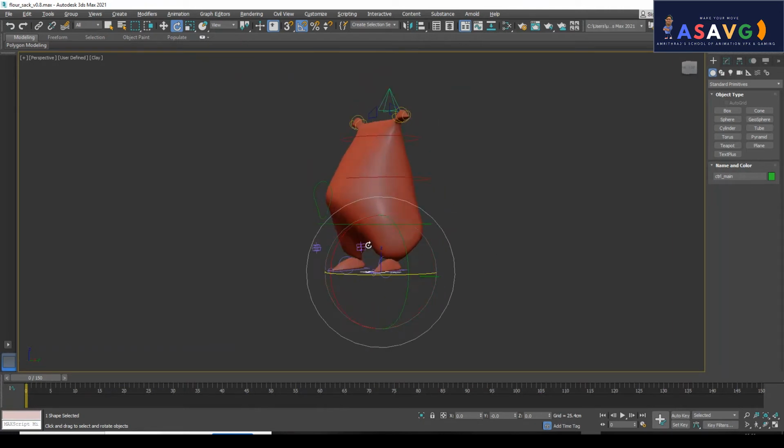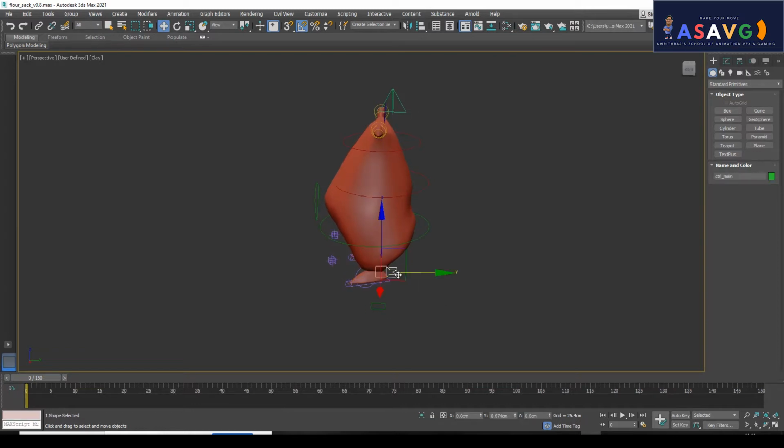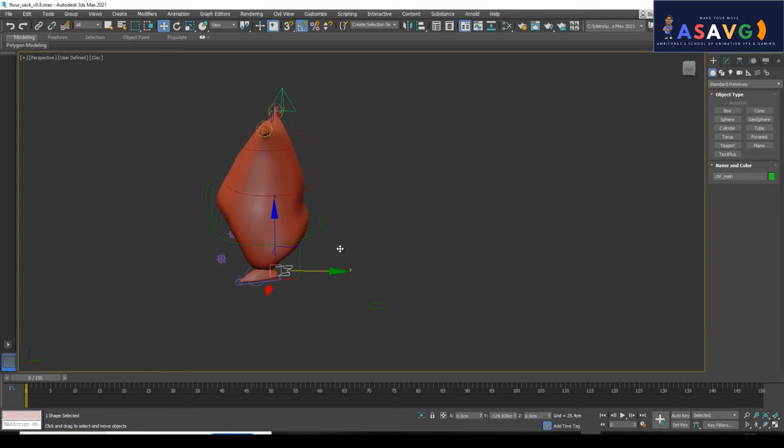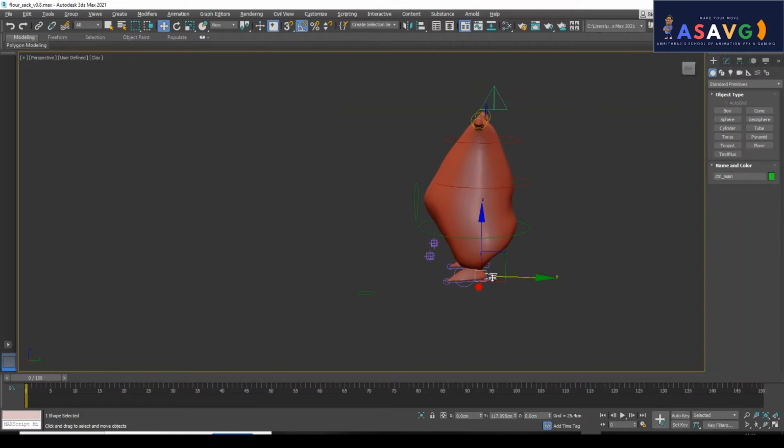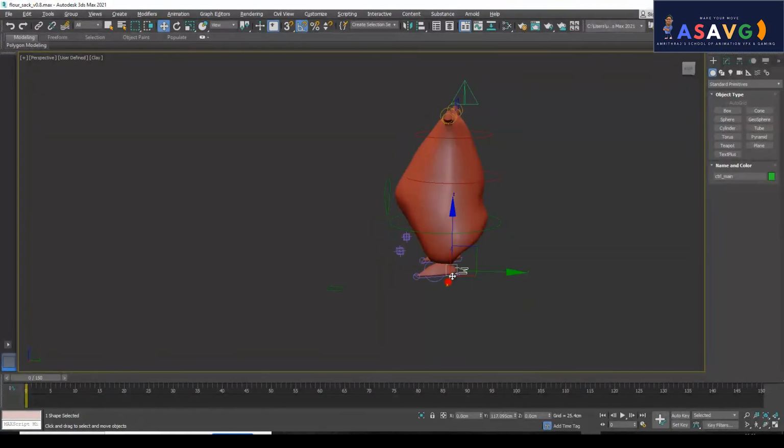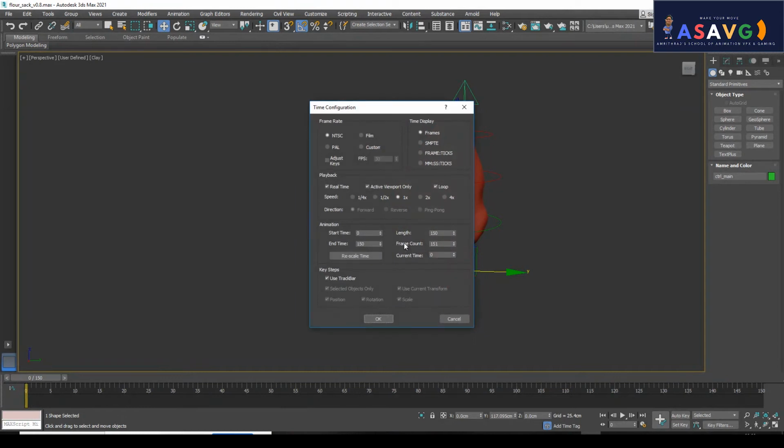I will make him move a little bit over here. From here, just click here, I will slide him like this, and I will make a very basic animation, not jumping or that kind of thing. I'm just making him slide from here to here, and I will make a follow through animation. That's it. No big animation, just a basic animation. This is 150 frames, I want only a few frames, I think 80 frames is enough.